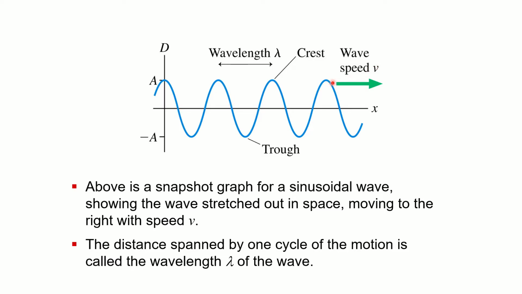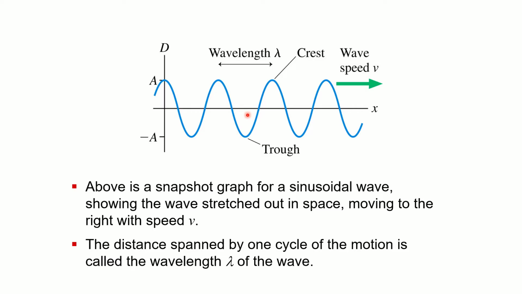We also have the wave speed. It just describes how fast that wave is moving through the medium. But the big new one is the wavelength, which many of you have probably heard before or are familiar with. You probably think of it as the distance between two neighboring crests or two neighboring troughs, or essentially it is just the distance in space it takes for this sinusoidal wave to repeat itself, right? If I go from here all the way to here, I am back at an equivalent displacement to where I started. We define that as one wavelength.